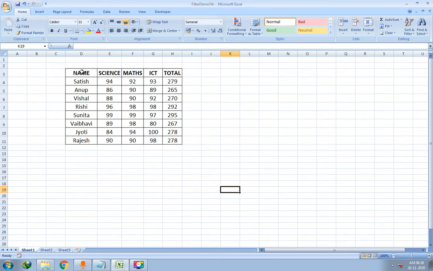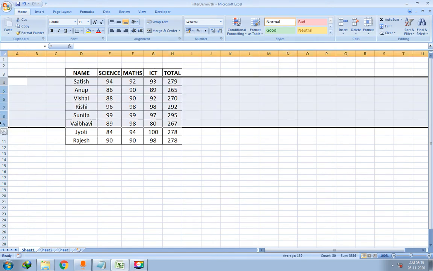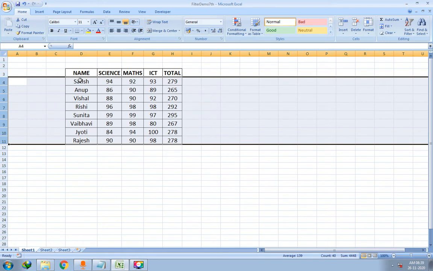Okay, you can observe the data. The columns are names, and subjects are science, maths, ICT, and the last column is total. And there are names, or the list of students. You can see here 1 2 3 4 5 6 7 8. So there are totally 8 rows and 4 columns, right?